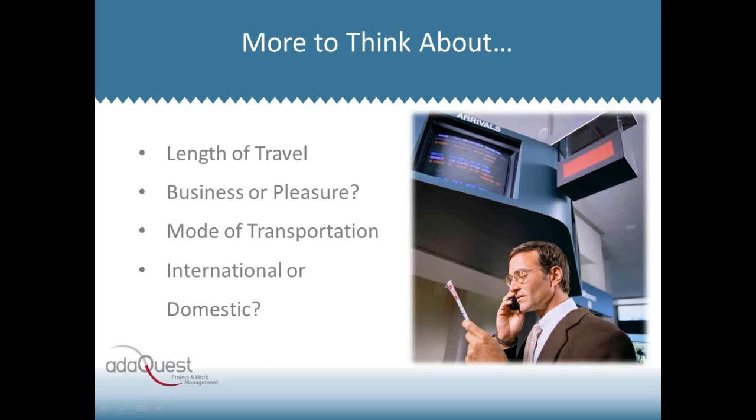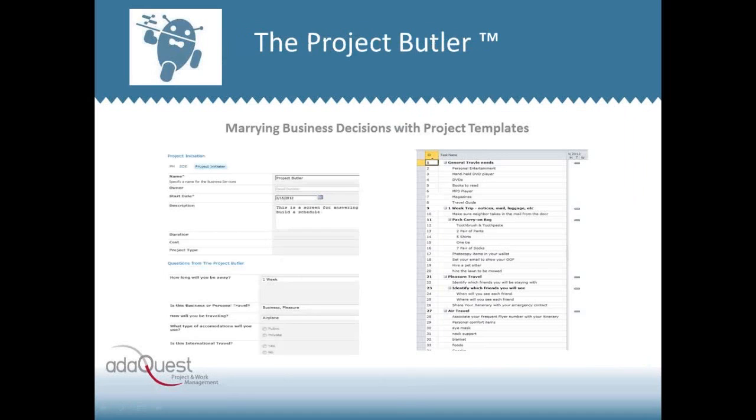Okay. So I don't want to really belabor that too much and drill down into it, but to automate this, the Project Butler takes, on the left-hand side of the screen, you have questions. You have a SharePoint form that pulls information and stores it in Project Server custom fields. SharePoint custom fields to Project Server custom fields. That's how we integrate and marry the two. But by answering those questions,